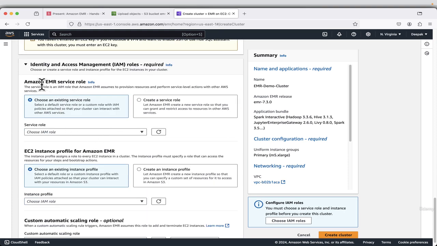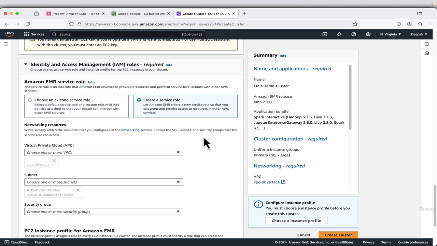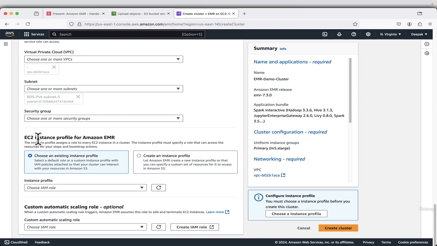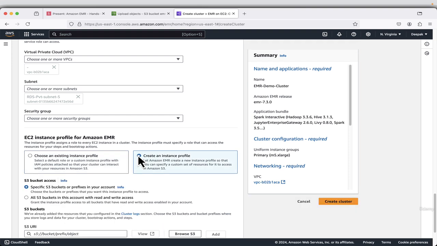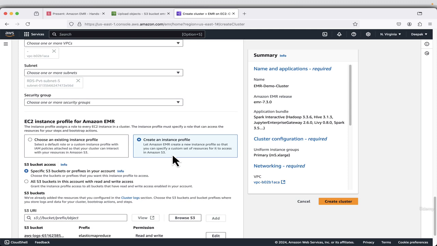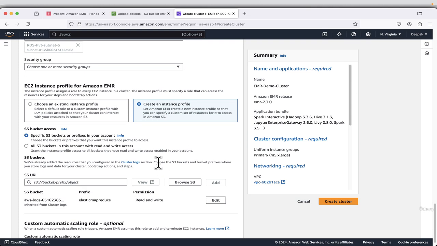And just select EMR service role because it needs a service role. So just select create a service role. And under EC2 instance profile for Amazon EMR, EC2 instance profiles are like IAM roles, and these IAM roles are required by EC2 instances to talk to AWS services. So in this case, I will say create an instance profile. So this will create an IAM role, and because there is a bucket which it needs access to, I can say browse S3